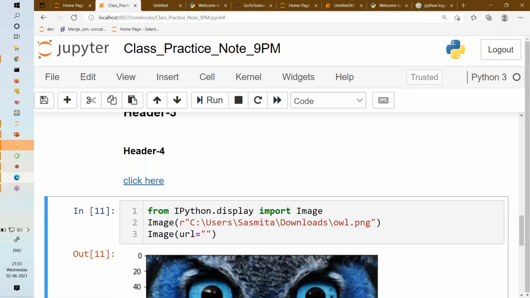All of these things, whatever we are doing in the class, this is just a practice. You will get even more detailed notebooks in your drive. Today only I will upload the software installation and Jupyter notebook tutorial. You can see it's a very detailed way. Everything we have done in this class, this note will be uploaded in the file in the drive.